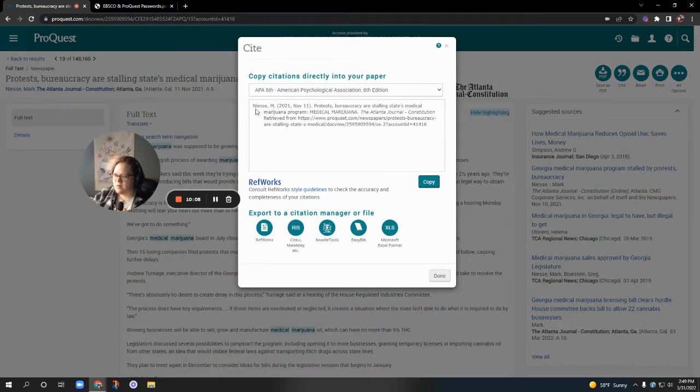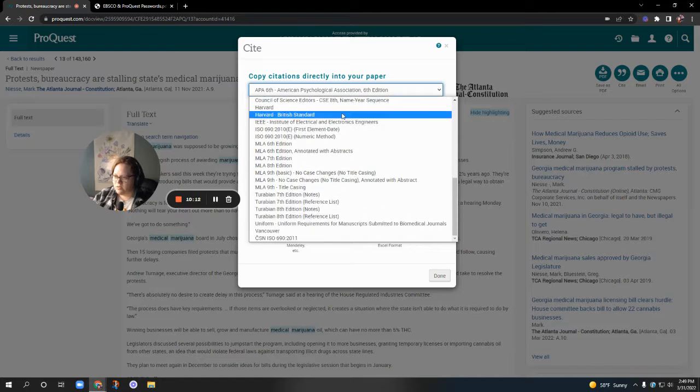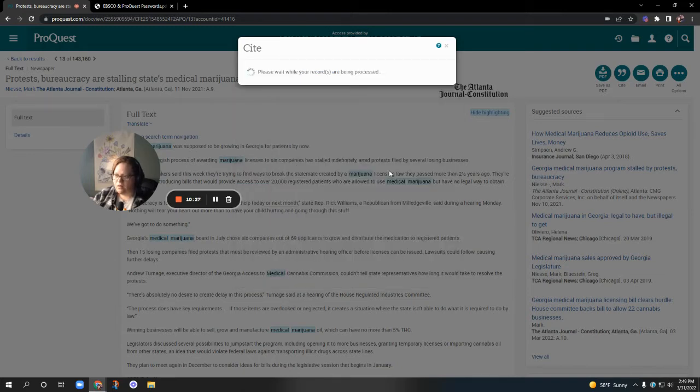And then this one pops up in its own little box. So you'll click up here and you'll see all of these editions. So many editions. Oh gosh. We want to choose MLA 8th or MLA 9th Basic. Okay? 8th or 9th is fine. I'm not going to nag you on it. So you can hit 9th,